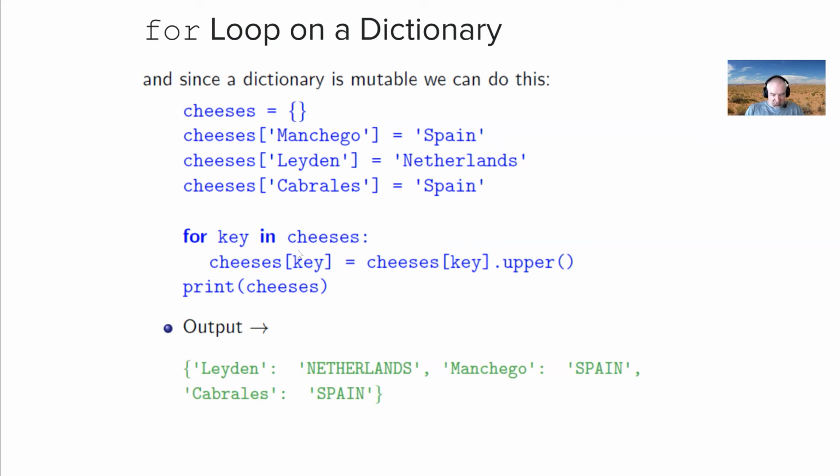So in the first iteration of that loop, key will take on the value Manchego. So you're saying cheeses['Manchego'] equals cheeses['Manchego'].upper(). And so cheeses['Manchego'] evaluates to Spain. cheeses['Manchego'].upper() evaluates to Spain in all caps, and then you're assigning Spain in all caps to cheeses['Manchego'],